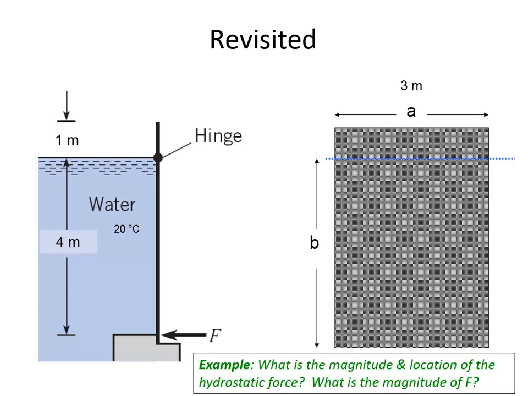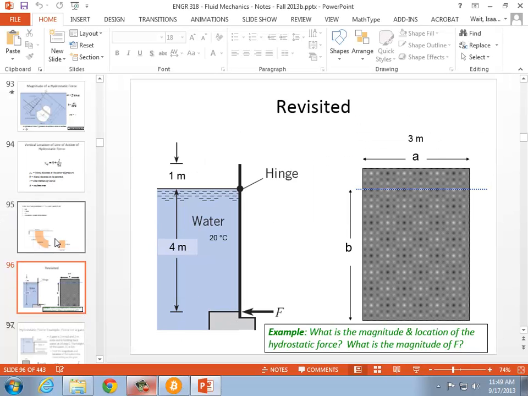Now, don't let that shortcut throw you off. You can find the location of the equivalent hydrostatic force. This pressure distribution acting over the area of the plate has an equivalent hydrostatic force, and it's 2/3 of the way down through the plate, but that only works if the water surface is all the way to the top of the plate. Like in the case of this,